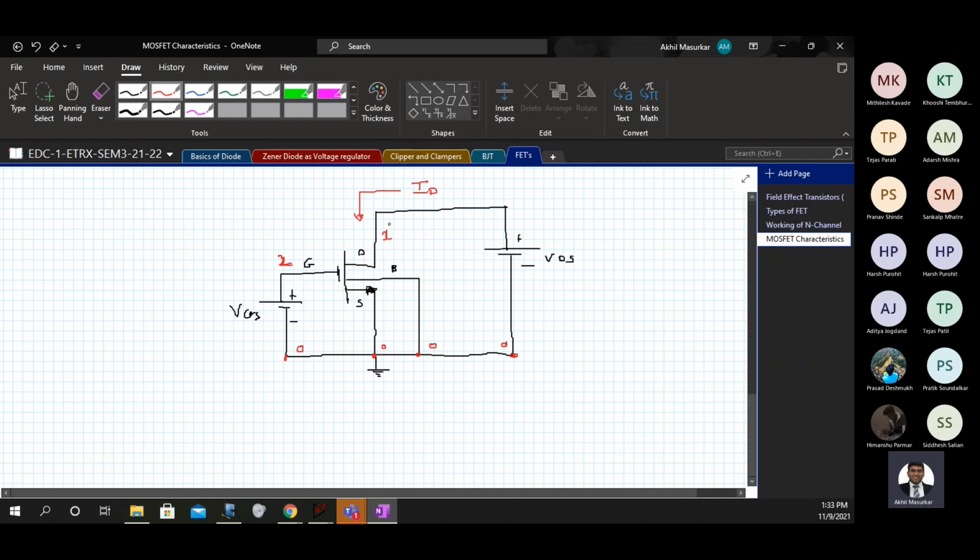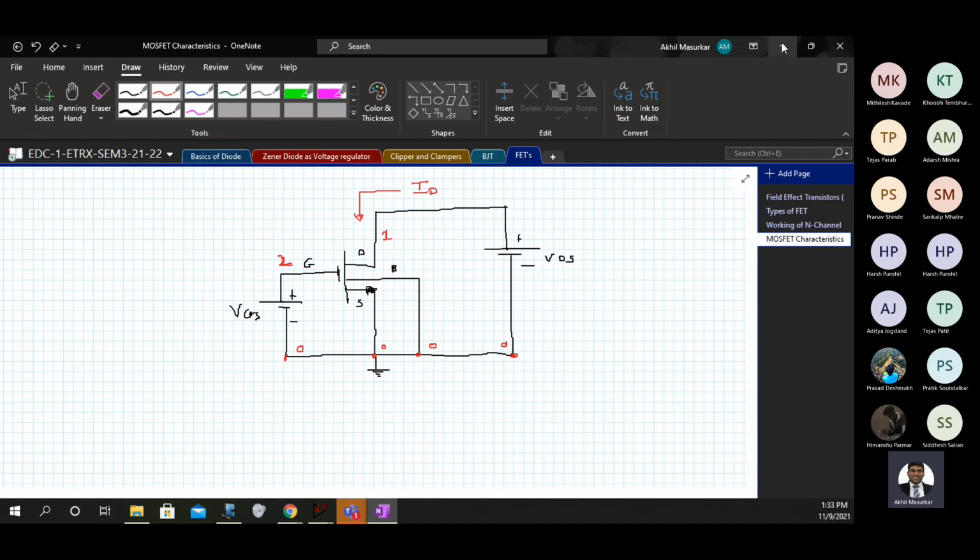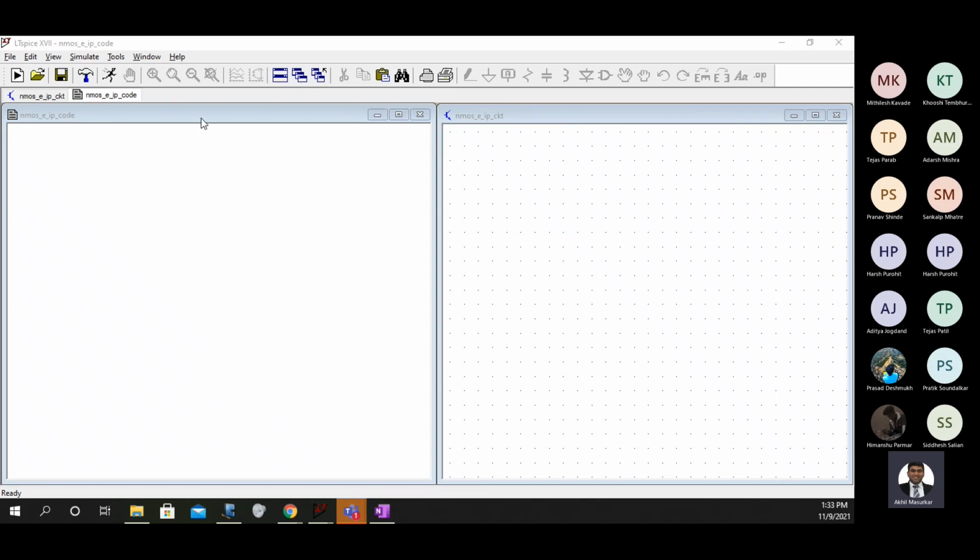So we have to give this connection, we have to tell SPICE that this is the circuit that I want to simulate. So first what I'll do is I'll go to my notepad file and specify the circuit connection.